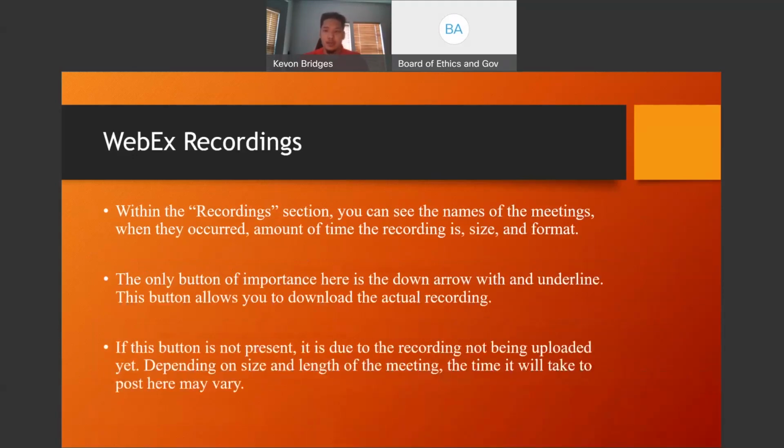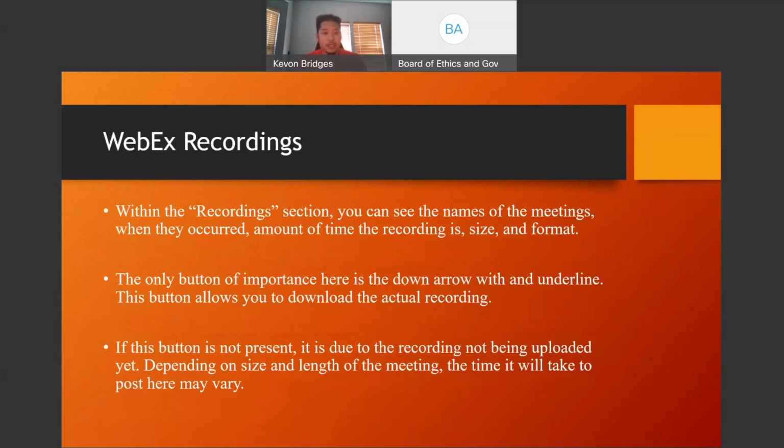The next button we're going to talk about is the recordings button. The recording section has pretty much everything you need to know about anything that was created by you, whether it's a meeting or an event. Generally, recording is auto set to be on, so whenever you host an event, it will start recording it for you. When that meeting ends, all of the information, like the transcript and the chat, is saved in this section, the WebEx Recordings section. And it'll tell you the day, the time, how large the recording may have been,